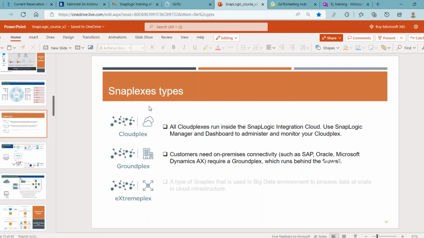Okay. If we don't want to manage the servers and all your endpoint systems are present in the cloud, then it is recommended to use Cloudplex, because you do not have to manage it. You do not need a separate DevOps engineer or server admin to be present. If all your endpoints are in the cloud, like you have Redshift, you have Azure SQL, you have Salesforce, you have NetSuite, all these are cloud applications and cloud data systems. There's no connectivity